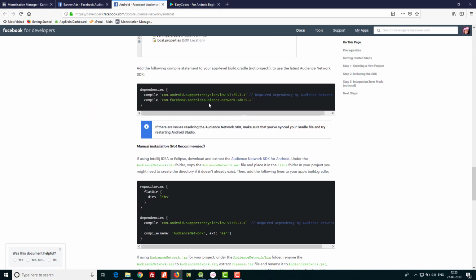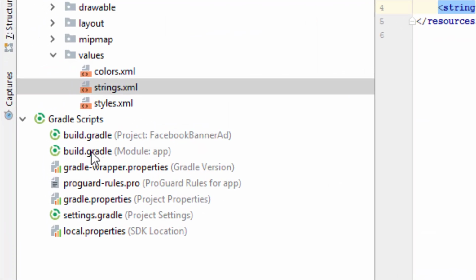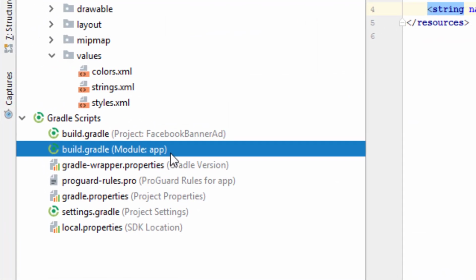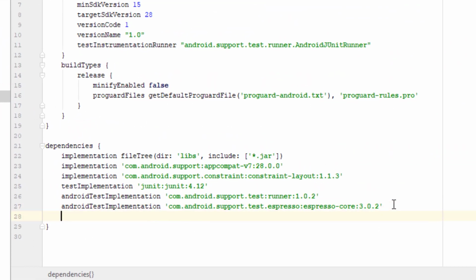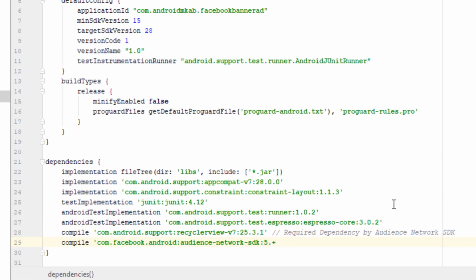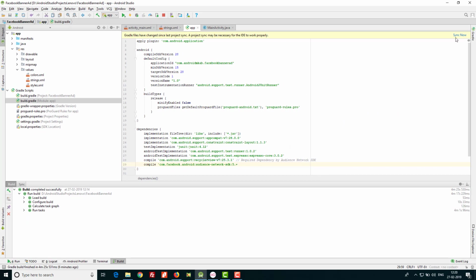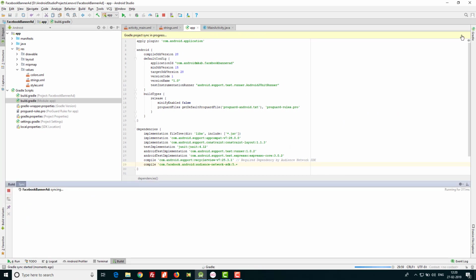So what we have to do is just copy these dependencies into your build.gradle module app, inside the dependencies. Just click on sync now, then wait for Android Studio to build the project successfully.